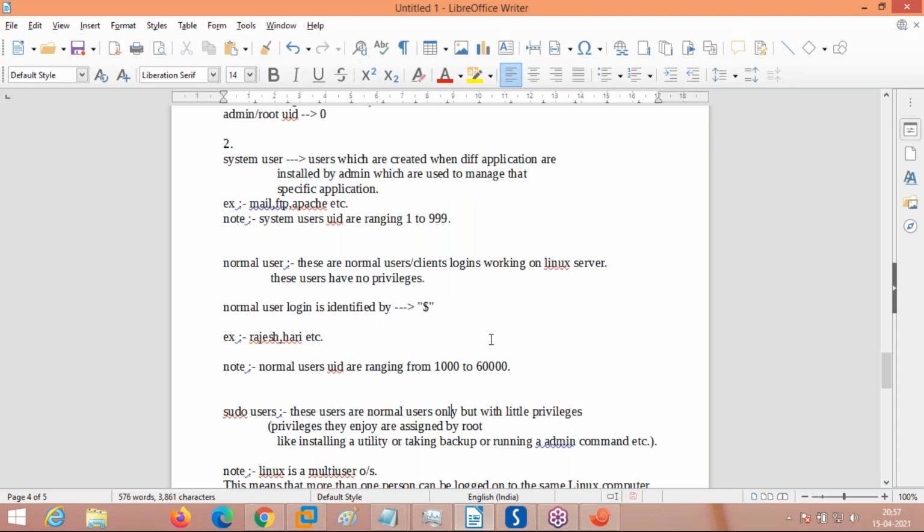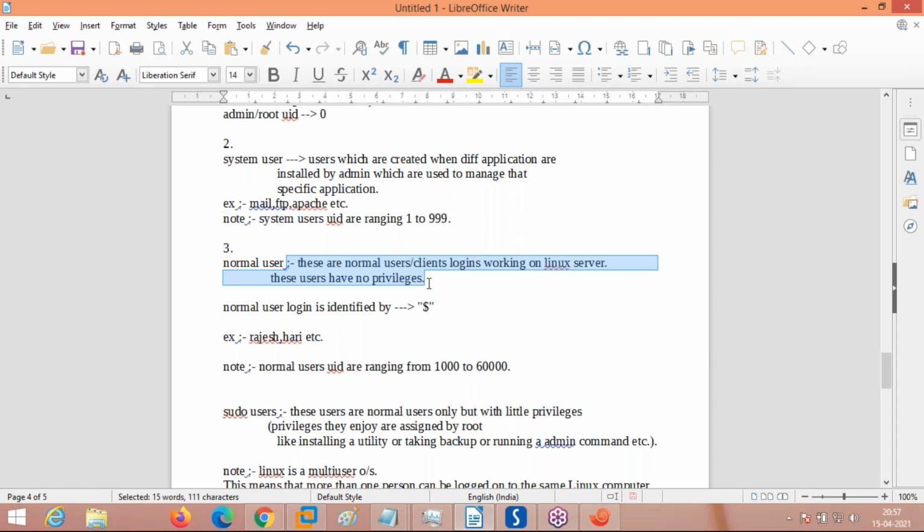The third classification is the normal user. These are the normal users, the client logins working on a Linux server. They don't have many privileges; they have very limited privileges. These are the actual persons or clients who work on the Linux operating system, whether they are doing some project or something else.